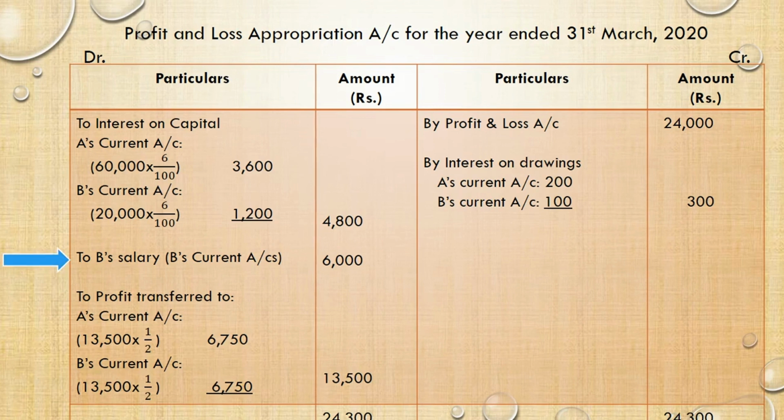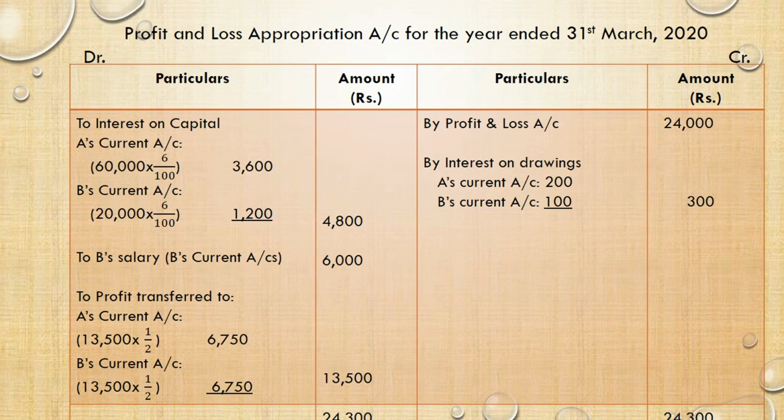Again in bracket I have mentioned B's current account. Again it shows that it will go to the current account, 6,000 rupees. Next, after putting the debit and credit items, I can find my divisible profit, and that divisible profit will be divided among the partners equally, since the profit sharing ratio is not given in the question. It will be equal. You remember the provision in the beginning of the video? I showed you the provision. If the partnership deed is silent or if the partnership deed is absent, the profit sharing ratio will be equal. So the divisible profit is divided among the partners equally,